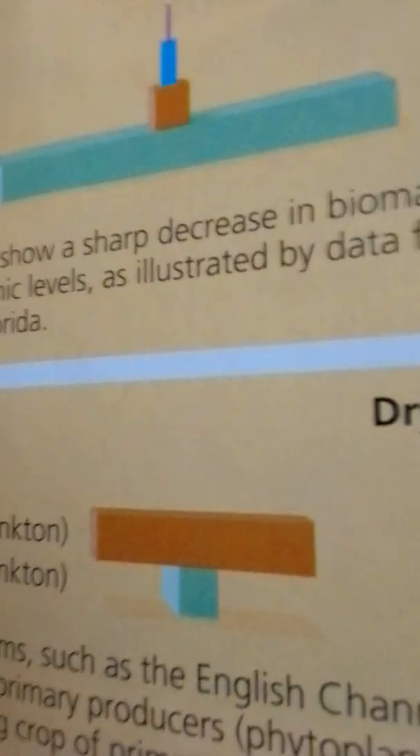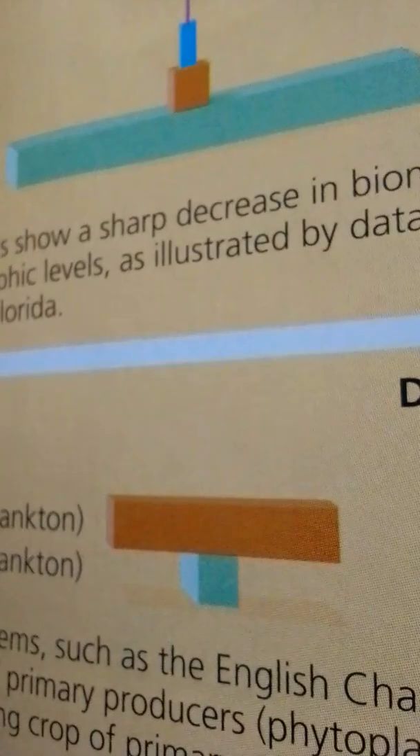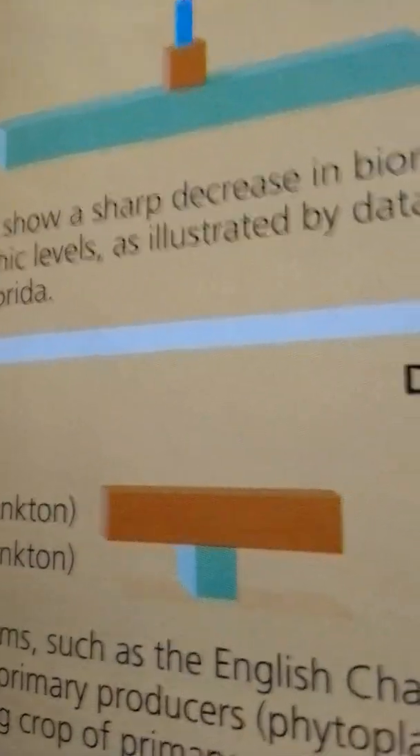Certain aquatic ecosystems, however, have inverted biomass pyramids. Primary consumers